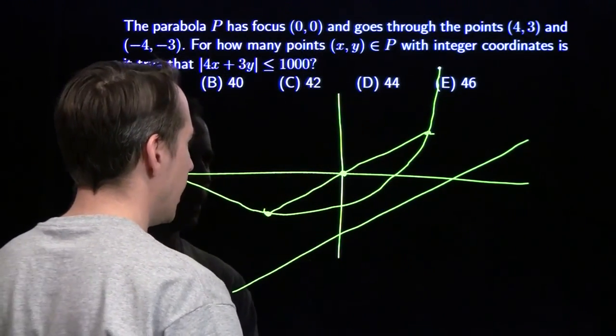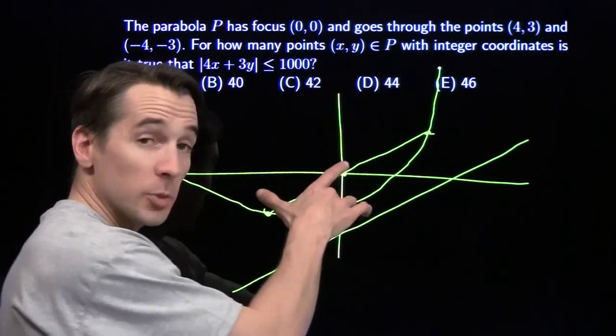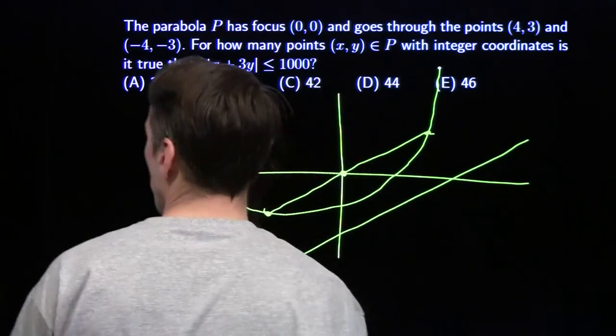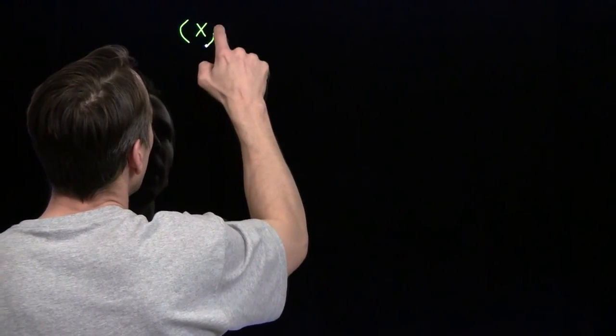But I can't just will it to spin. I have to spin it myself. So we're going to spin this. Now, I don't know how to spin a parabola. So I'm going to start by spinning one point. We're going to spin (x, y). That's what we're going to do. We're going to start with (x, y). And when we spin (x, y),